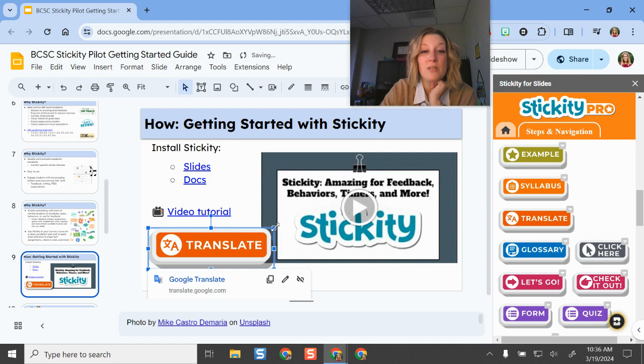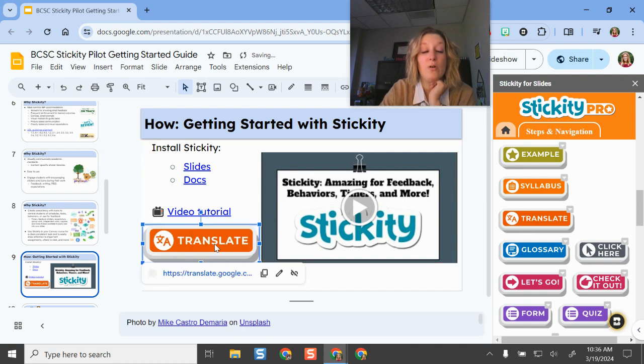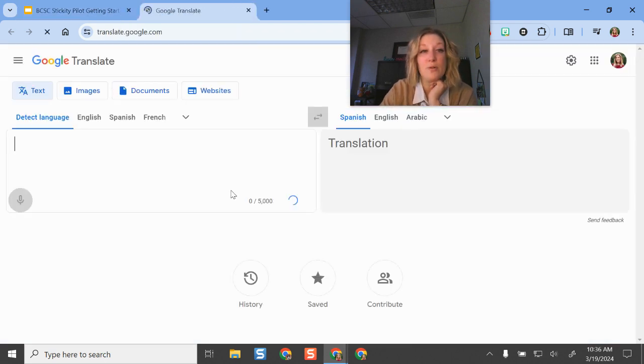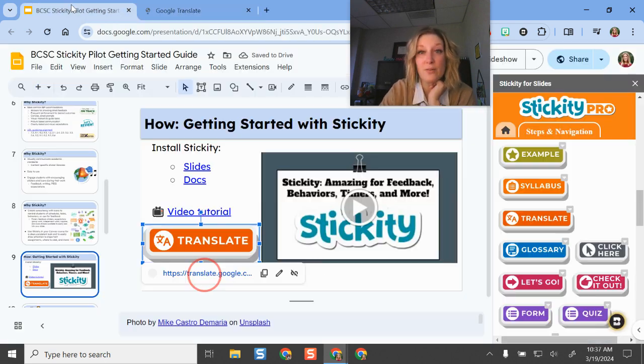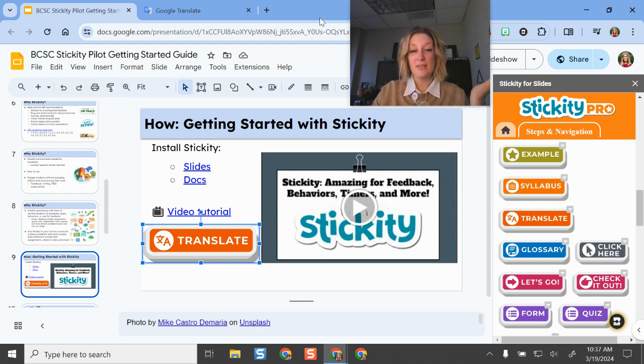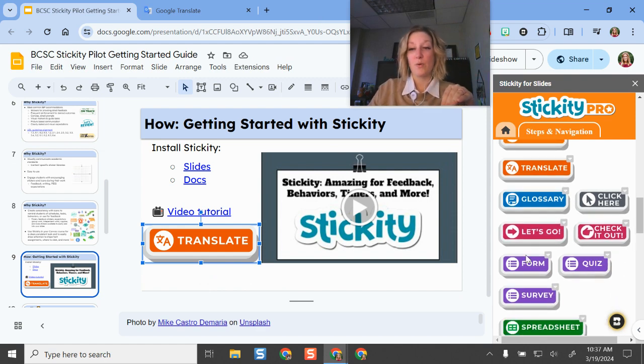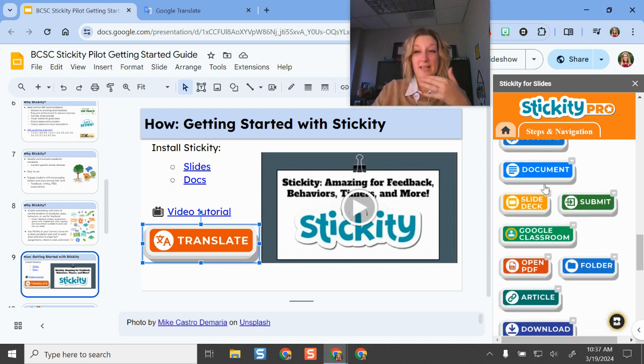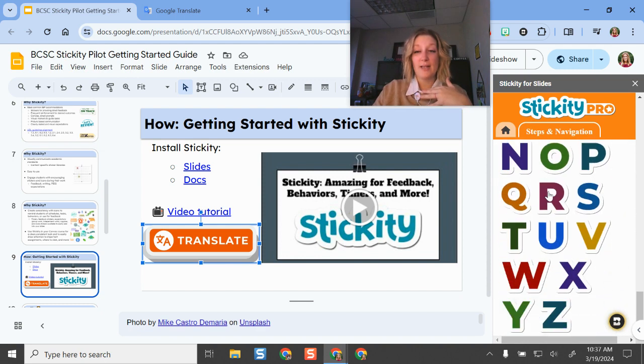So if I want it to be so easy for my students to know that if they click this button, it means this will translate content for them. There we go. It opens up Google Translate so they can copy and paste in their information. They don't have to open up Google Translate themselves. It's already set up for them. So these are super amazing tools and resources, and they're constantly adding new ones, all different ones you can add,